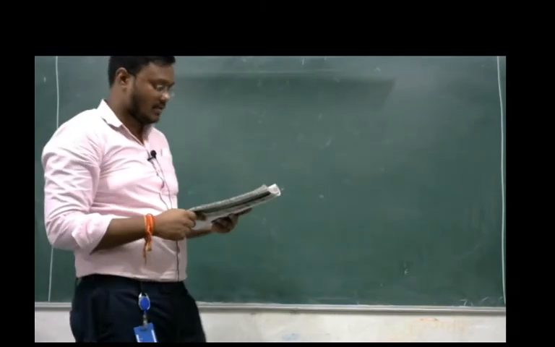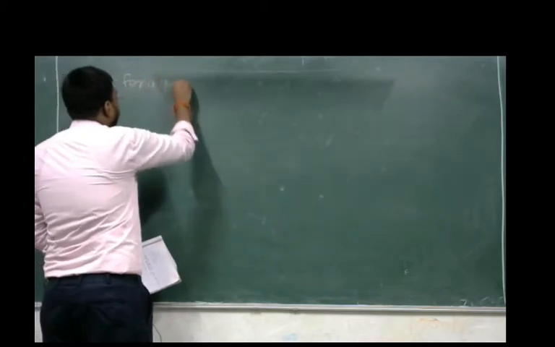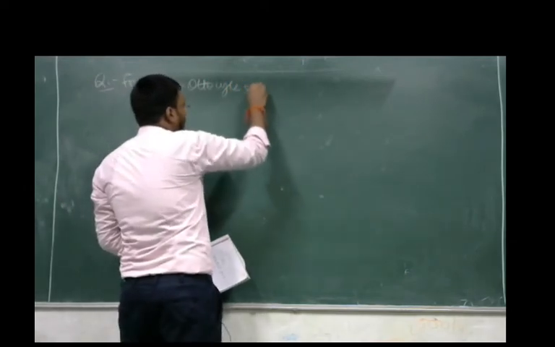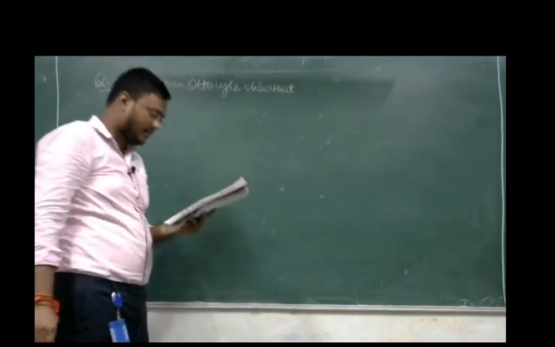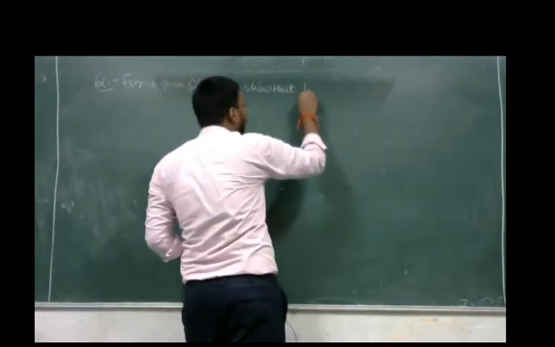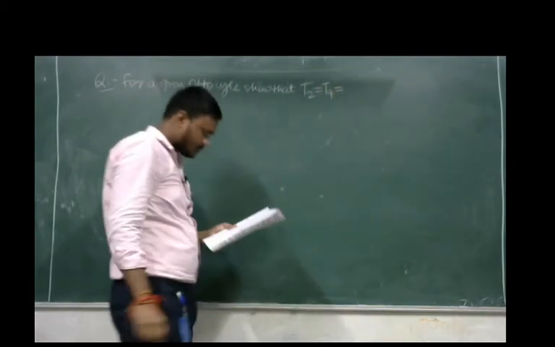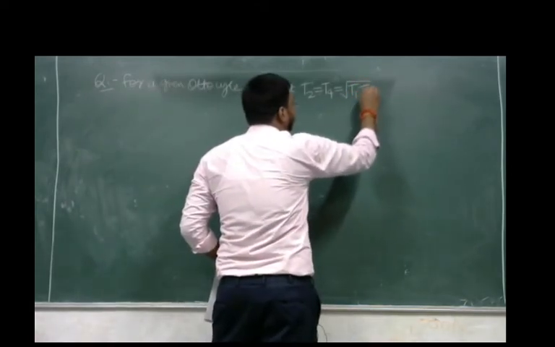So the question is, listen carefully: for a given Otto cycle, show that T2 equal to T4 equal to under root T1 T3,